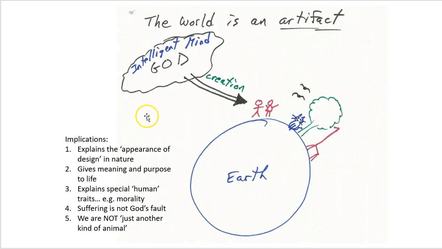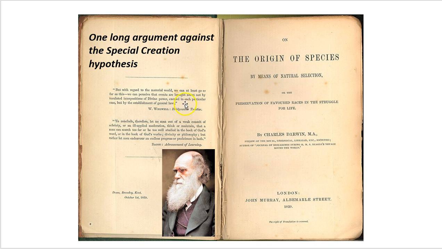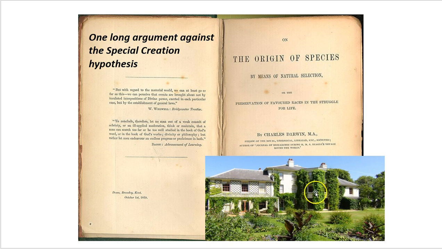This is part of this worldview that the world is an artifact, that living things, and in fact the whole earth and universe, was constructed by an intelligent mind, by God. And so again, the Christians in the 1800s were going to argue that living things were designed by an intelligent designer. Now along comes Charles Darwin, biologist, and in 1859, at his residence outside of London, he wrote a